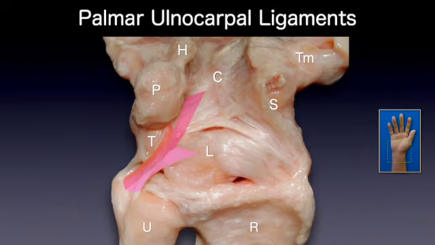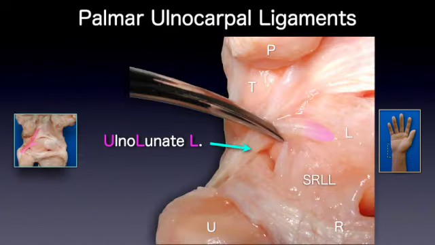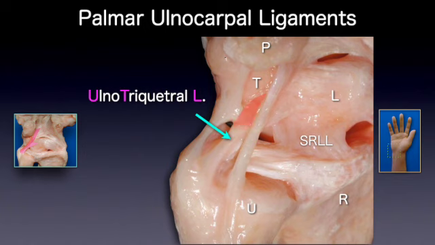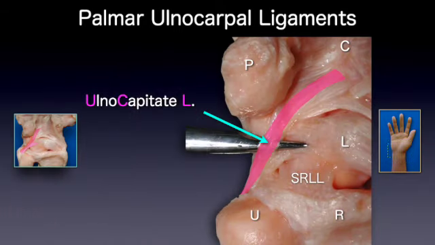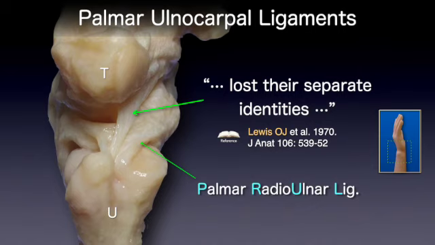Two bundles of the ulnocarpal ligaments attach on the bones of the proximal carpal row. The ulnolunate ligament or the ulnotriquetral ligament connects the palmar proximal portion of the lunate or the triquetrum with the base of the styloid process of the ulna, respectively. The ulnocapitate ligament does not attach on the proximal carpal bones, but it is hardly separable from the other two ulnocarpal ligaments because, as mentioned by Lewis in 1970, these three ulnocarpal ligaments have lost their separate identities in the